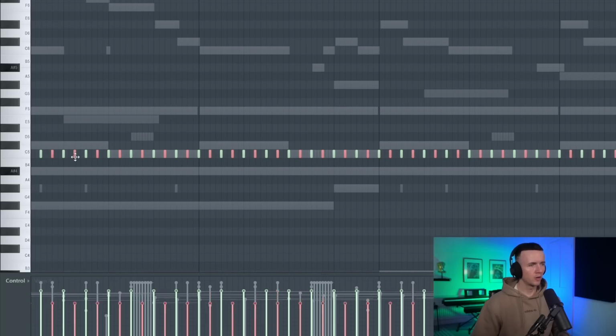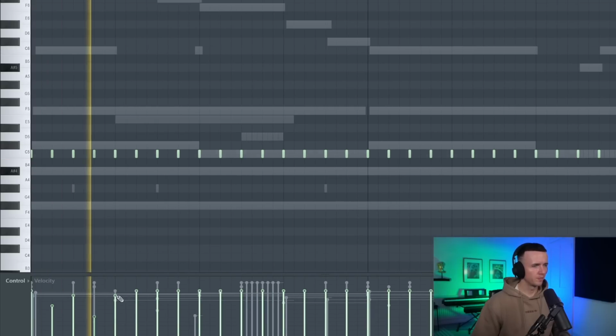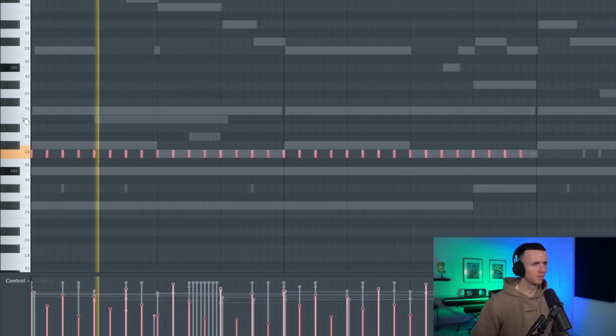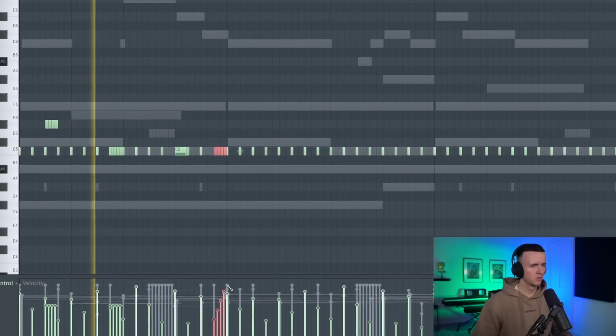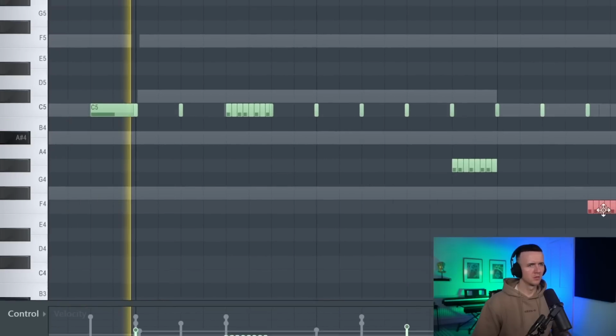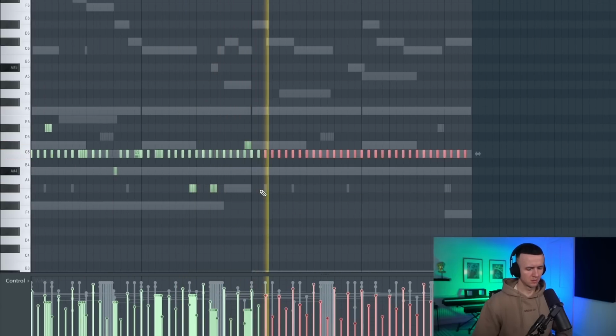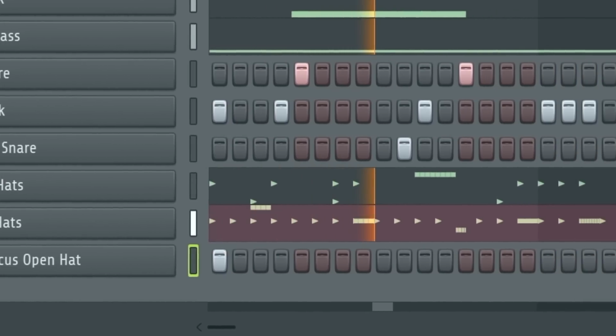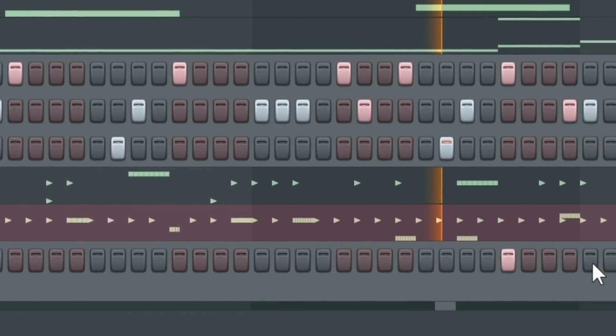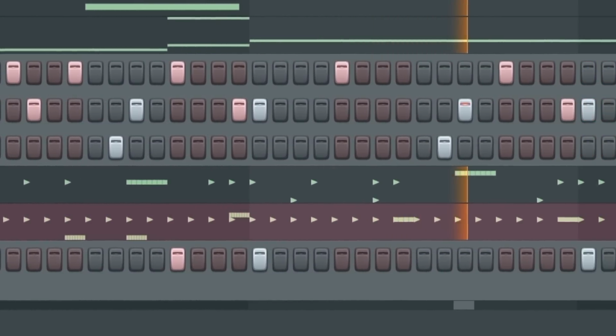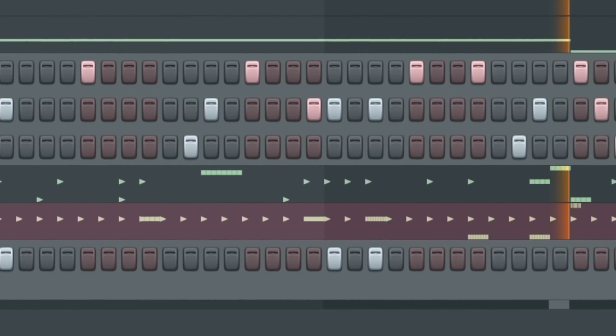Alright, and then for the second hi-hat pattern, I'm just going to start with every 2-step. I'll copy them over, and then I'm just going to randomize the velocity a little bit. Then we'll copy this one over. Yeah, something like that. Just enough to give it a nice bounce. Alright, next I'm going to add an open hat. And there's really no reason to take it much further than that, so I'll just do a quick arrangement so